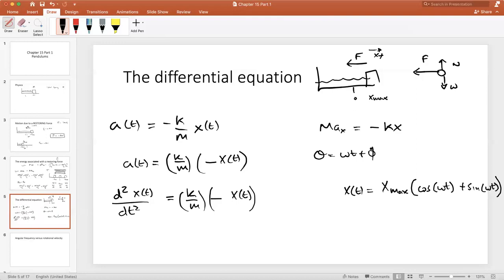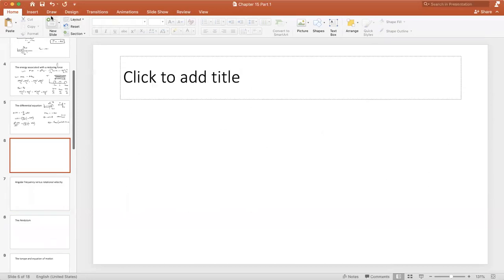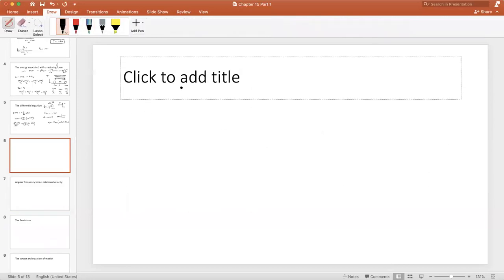I'm going to assume, however, that at t equal to 0, I'm starting at x max. So x of 0 means I'm at positive x max when t is equal to 0. Okay, so let's double check these derivatives really fast. If my function is x max cos of omega t, and if my function is x max sine of omega t,